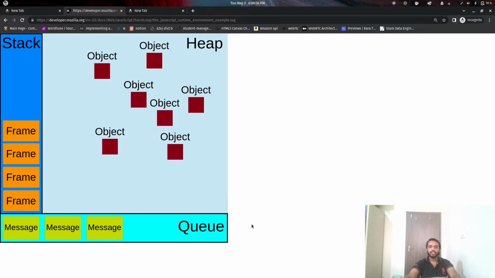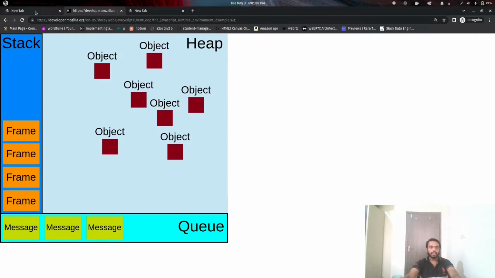Here the queue is just a simple queue which takes messages, and when a message needs to be performed, it is taken out of the queue and its operations are performed, then the next operations, then the next. So how does this queue help JavaScript perform asynchronously?